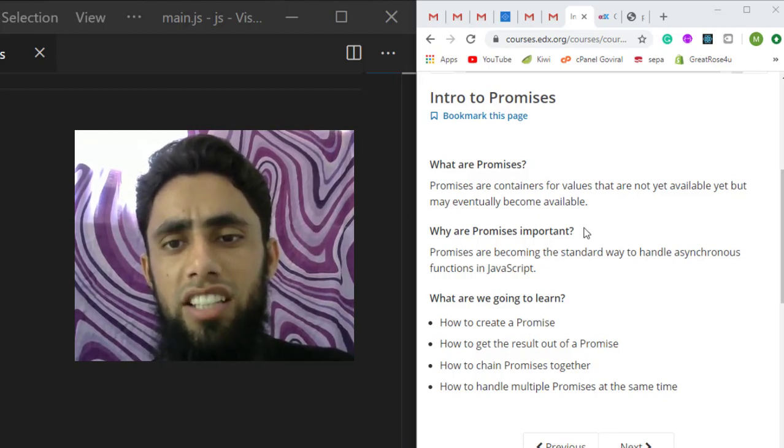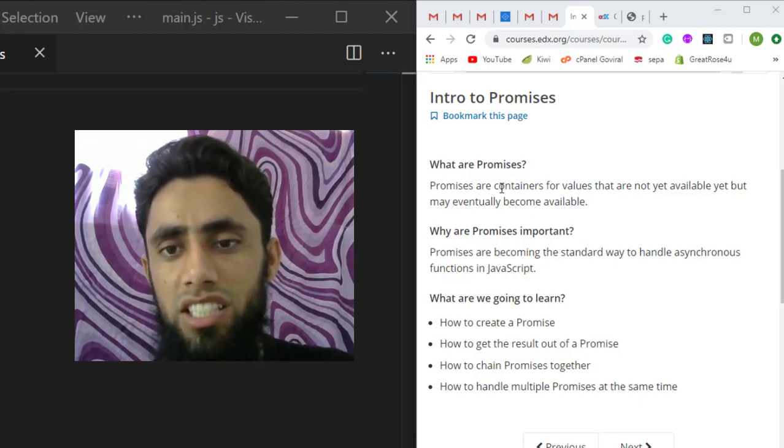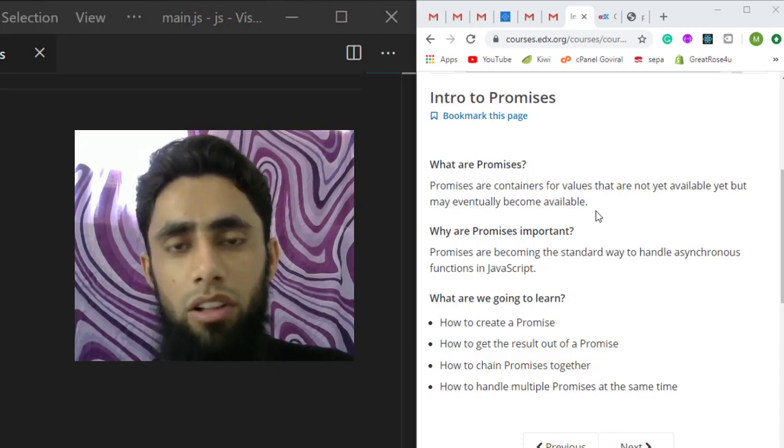So here is the definition: promises are containers for values that are not yet available but may eventually become available. Let's say we are going to fetch some data from the server side. If we have a lot of data, then we might get some delay. At that moment we need to delay the execution until we get a specific response.